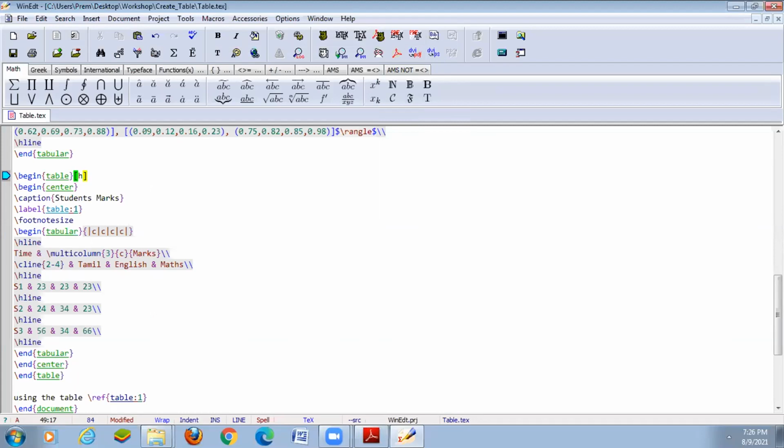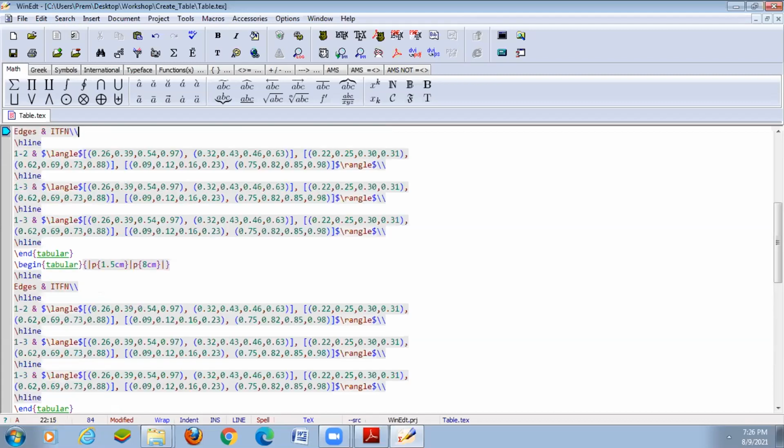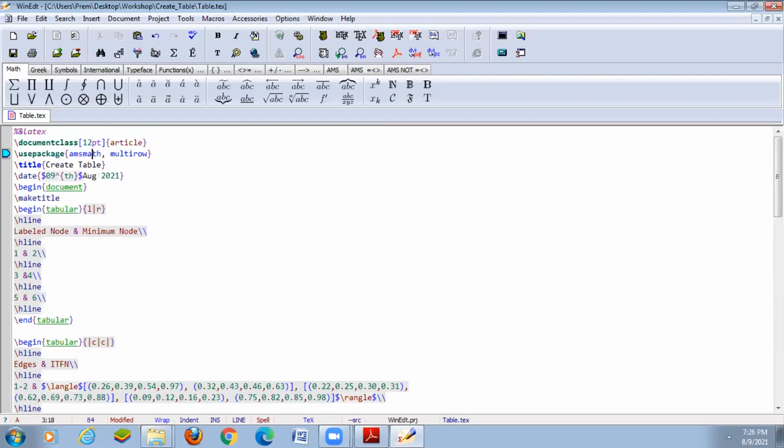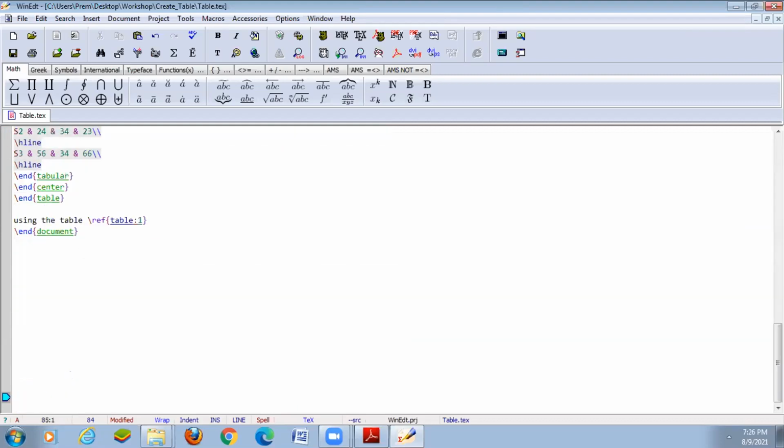Suppose you want multi-row. For multi-column we cannot use a package, but if you want to use multi-row, you can use the multirow package. Okay. So this is one of the packages in LaTeX. I will use the same program here for multi-row.